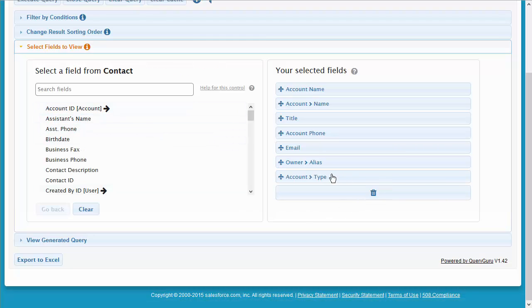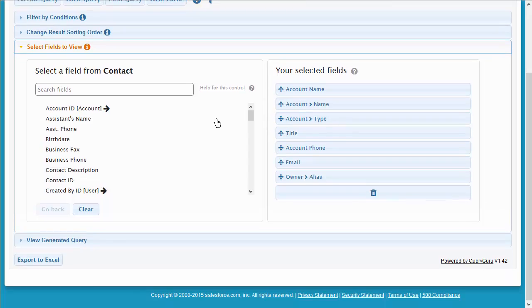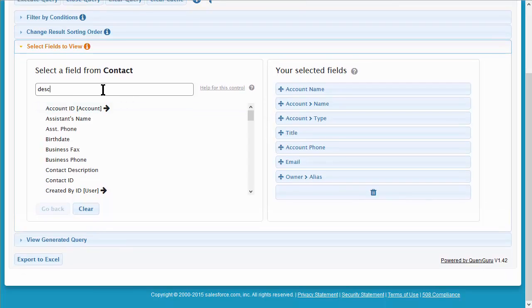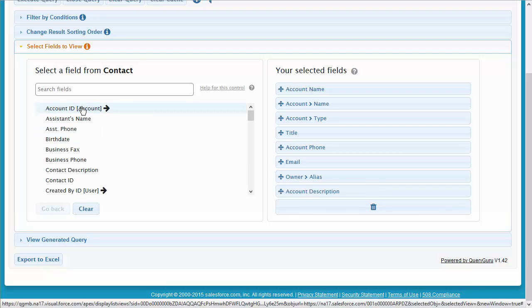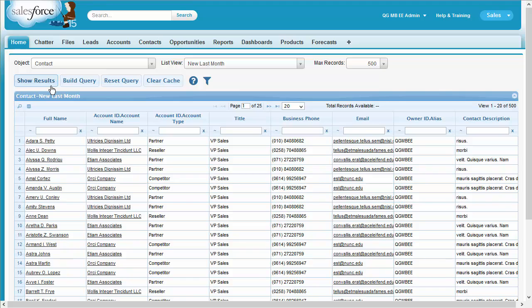We would like to see this field next to the account name, so let's rearrange by dragging and dropping. While we are at it, let's also add the contact's description field. Let's run the query to check our modified view. Looking good, we have more than 1,800 contacts, and we can use the SmartList grid filter to narrow down quickly